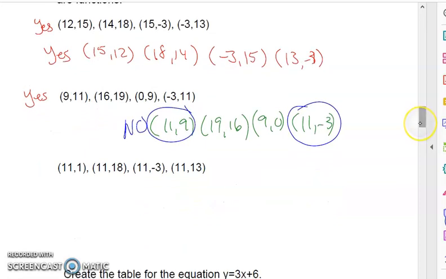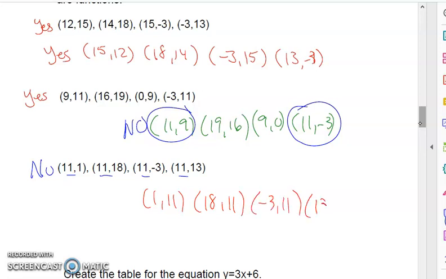The last one, the original is a no, because the 11 shows up 4 times. So I mean, the 11 has 4 different answers, so it's not a function. If I would do the inverse of this, it would be 11, 1, 18, 11, -3, 11, and 13, 11. And this one here would be a yes, because the 1, the 18, the -3, and the 13 all have